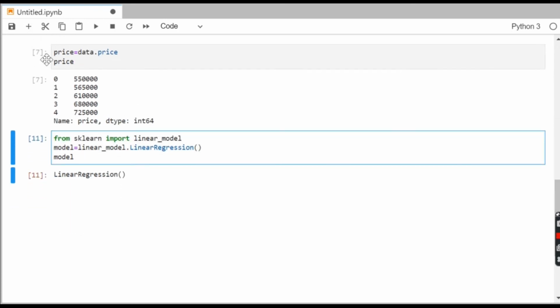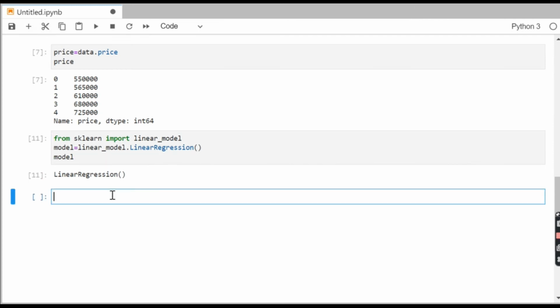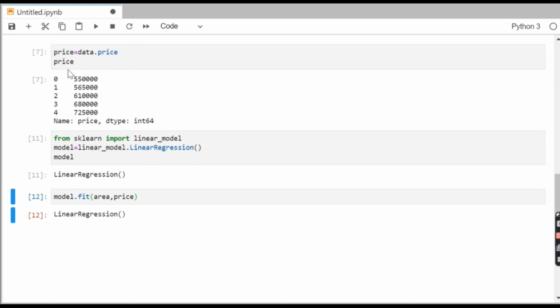Now our next task is to feed our data into this linear model. So how can we fit? You need to write the model.fit function and pass the area variable as the X column and price as the Y column. This is the way you can create your model.